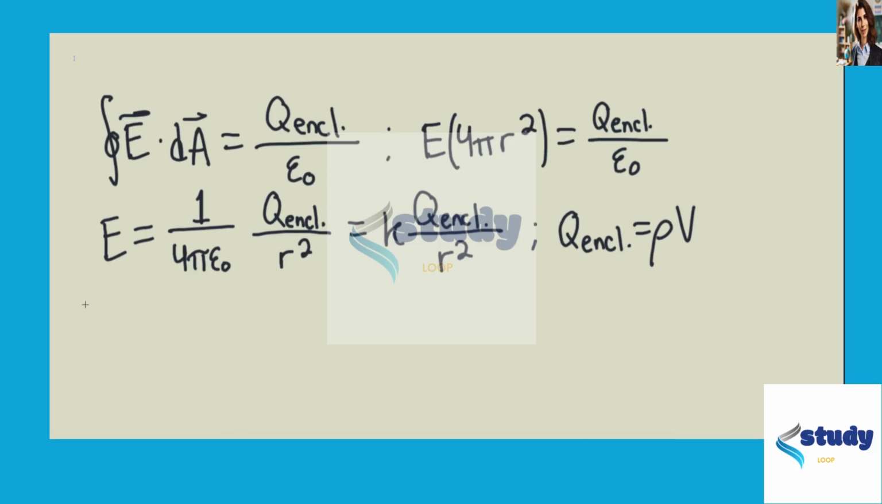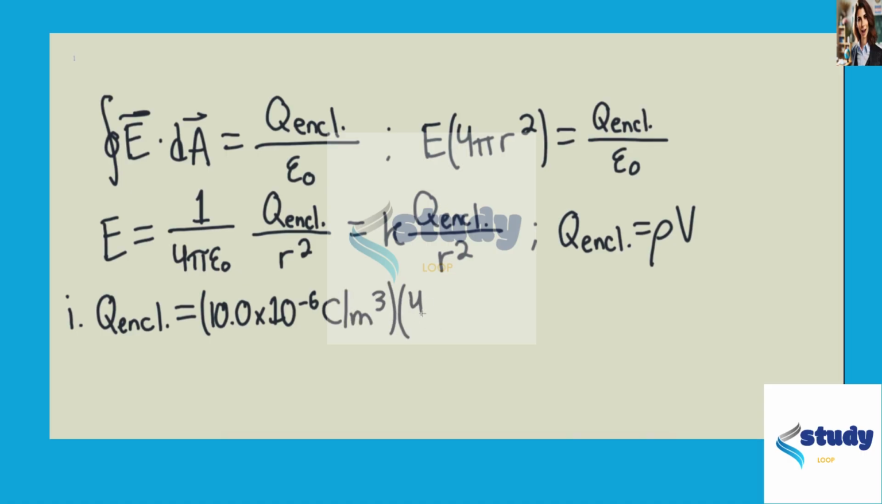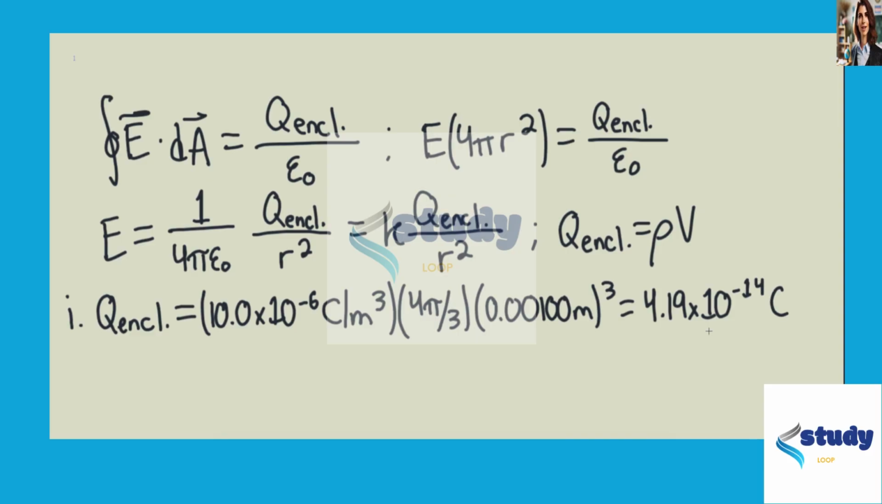So we can say for part 1, we have that the enclosed charge is equaling the charge density of 10.0 times 10 to the negative 6th coulombs per cubic meter multiplied by 4 pi over 3 multiplied by the radius of 0.00100 meters quantity cubed. This is equaling 4.19 times 10 to the negative 14th coulombs. And so we can say that the electric field would be equaling